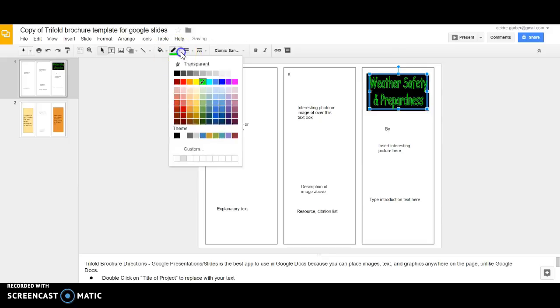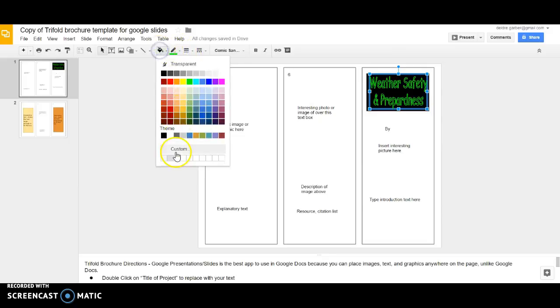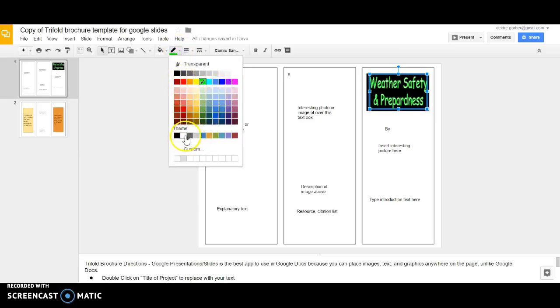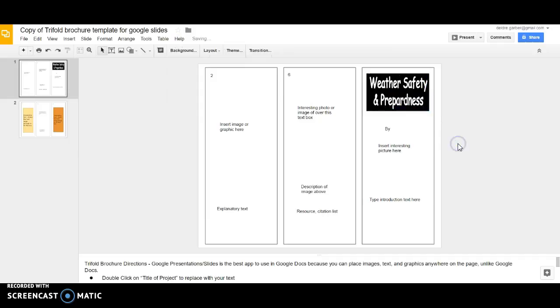I'm going to have mine actually be, I think we're going to go, yes, maybe with white. I mean, we can really change it to whatever we want. And then we'll have "by", and we're going to go ahead and add